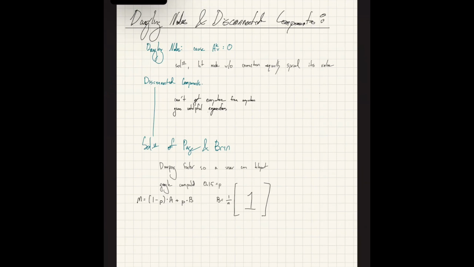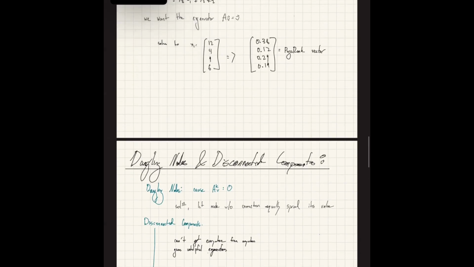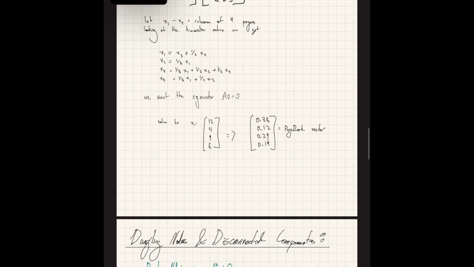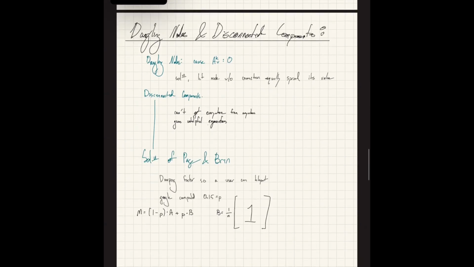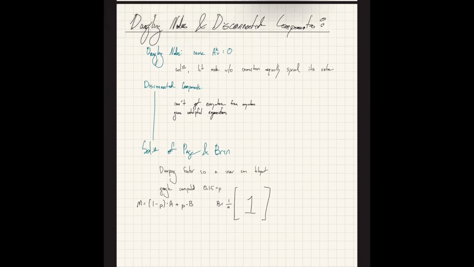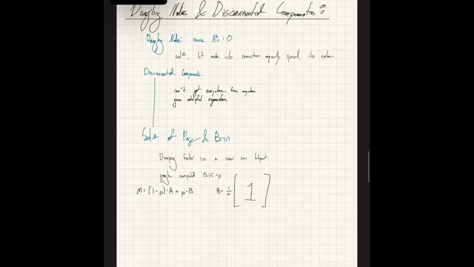Up above, that system was a little bit unfortunate for us. And so now we're going to go into cases where that system's a little bit less fortunate than we want. So this is when, in the system that's linked together, we're going to talk about if there are nodes that are dangling or components that are disconnected. So for example, a dangling node